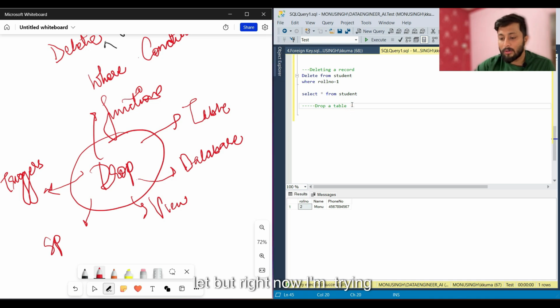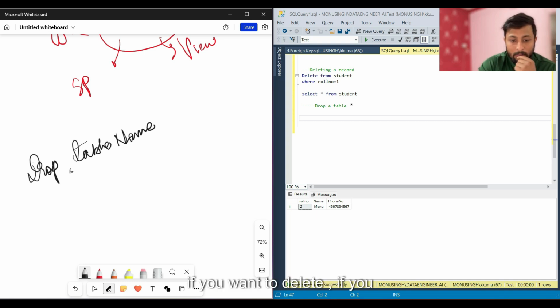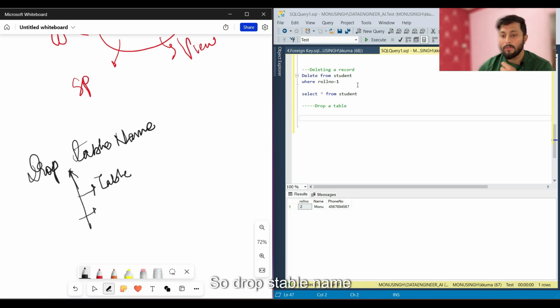But right now I'm just trying to drop a table. The syntax for dropping a table will be drop table, then the table name. If you want to delete a table, use table; if you want to delete an SP, use the corresponding keyword. So drop table name. Okay, see, drop table